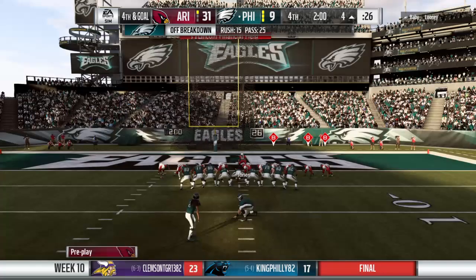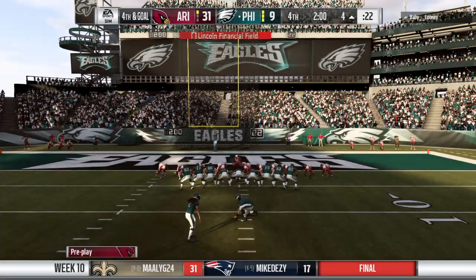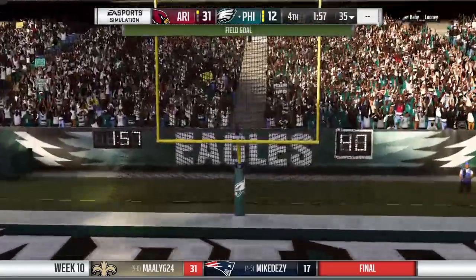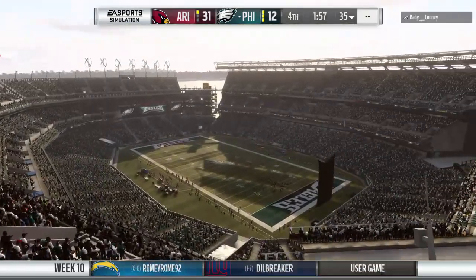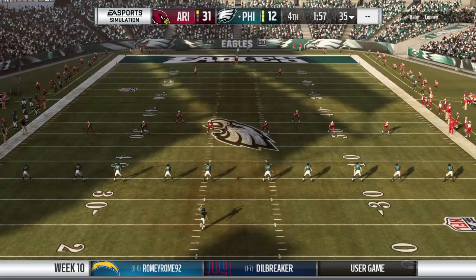So they'll turn to the kicker again. He's been a busy man thus far. From the right hash here, should be an easy one. And his kick is good. And the deficit falls under 20 now. It's a 19-point game. Well, in the grand scheme of things, those 3 points likely not going to matter much,